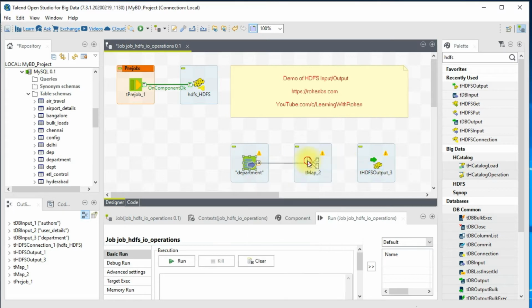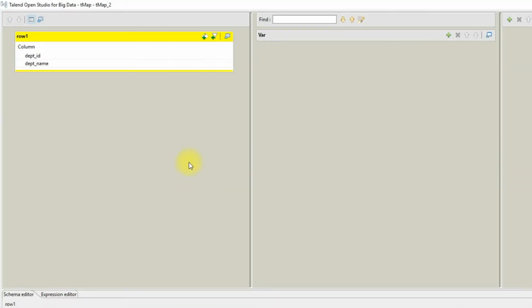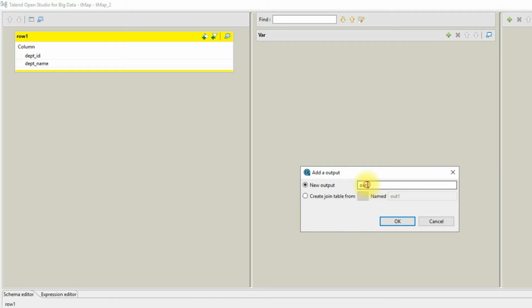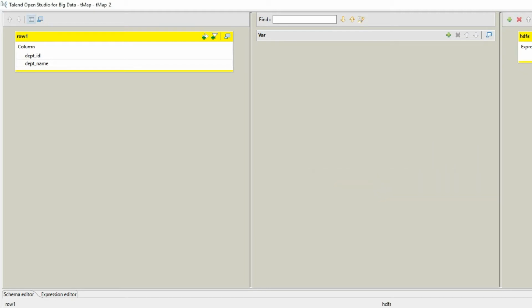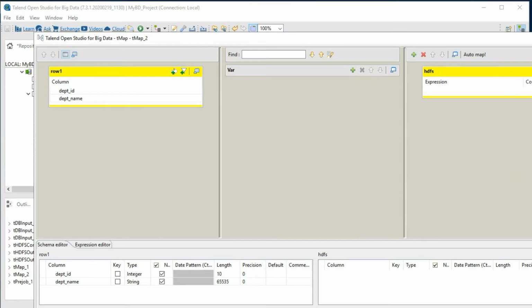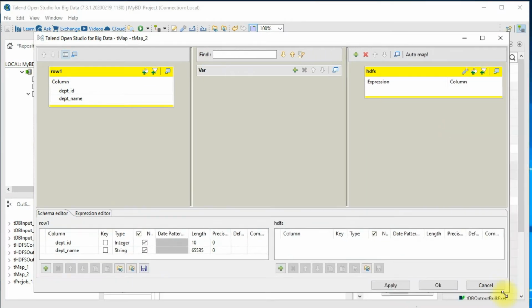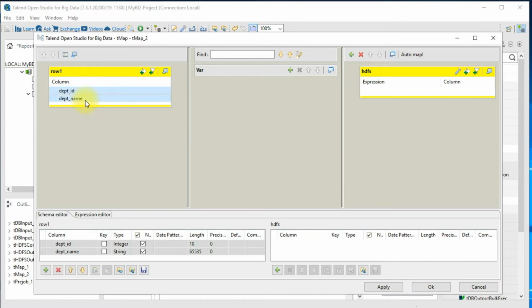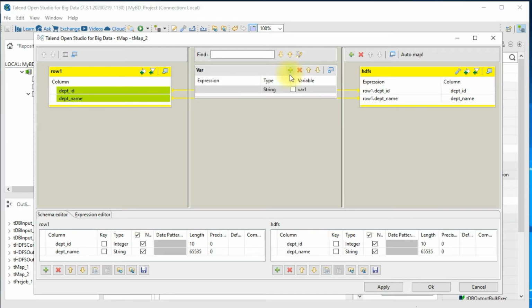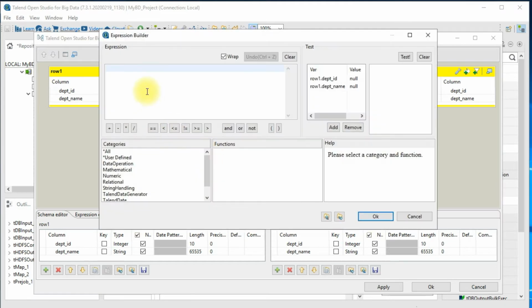I'll bring those to the job design area. I'll connect with the main flow, and inside that we will create another target. I created my target table here. So this is my input table. The table has two columns, and on the target side I just created one HDFS target output. I'll drag and drop those two columns, and I'll have just a constant date time field.